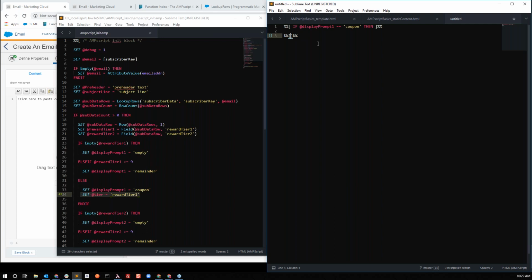You can actually do them in the same blocks. But let's say if debug, oops, this is why you copy paste. If debug, at debug, that's why you copy paste, because you forget things. If at debug exactly equals 1 this time, we're going to use that exactly equals, then